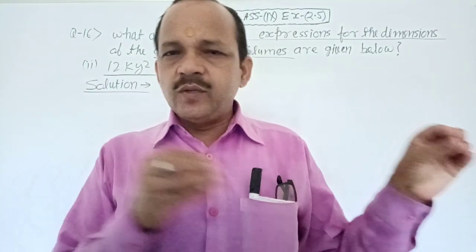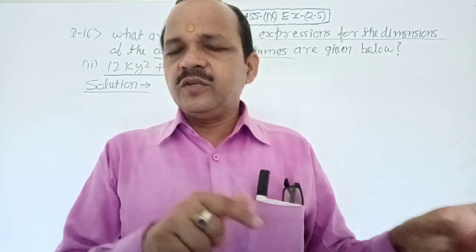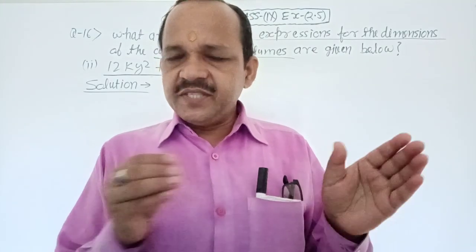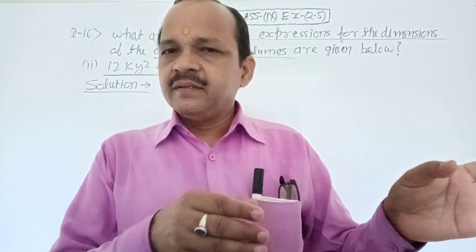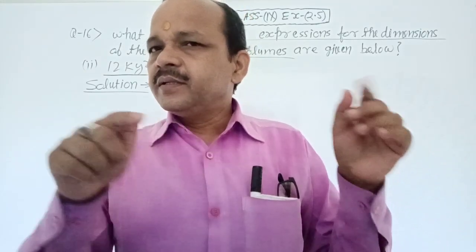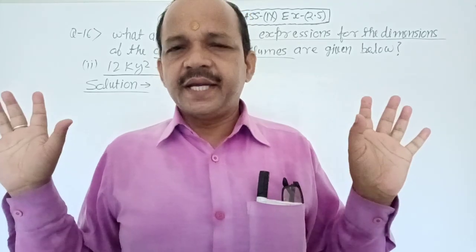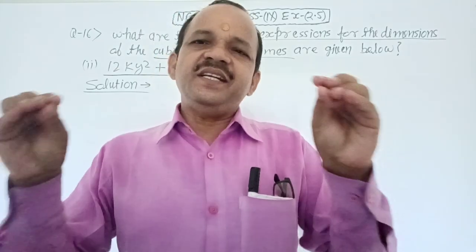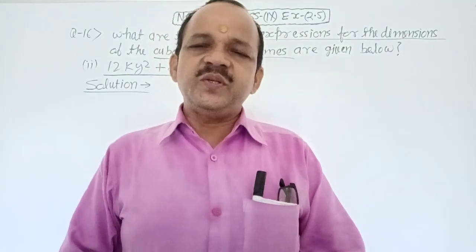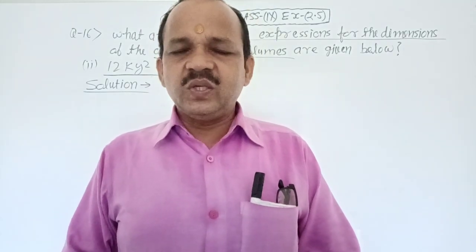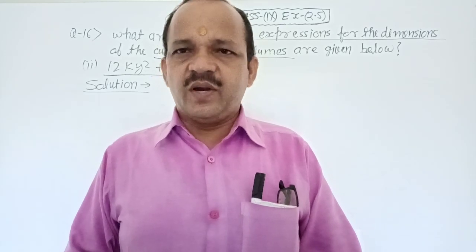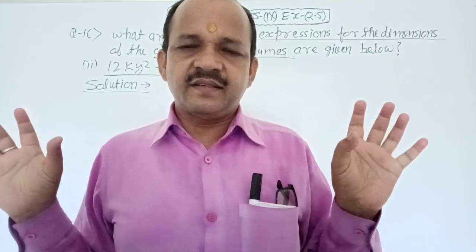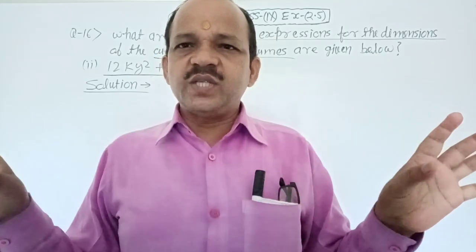The identity is volume of cuboid equals length multiplied by breadth multiplied by height, and the dimensions of the cuboid are length, breadth and height. It is clear, no confusion about it. Very good. It is very easy. You can solve your question very easily, but concentrate your mind, listen to my words with full concentration and see the board with full concentration. My words are clear, no confusion about it.